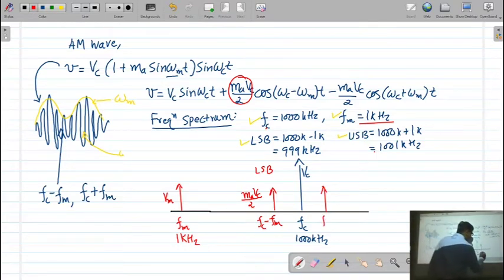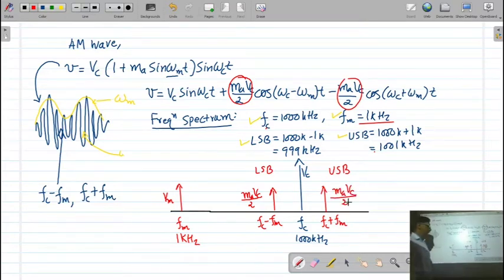So this is FC plus FM, and it is my upper sideband frequency. Again, what is the amplitude? It is MAVC by 2. So this is called a graphical representation of a modulated wave, and this frequency spectra is nothing but it is